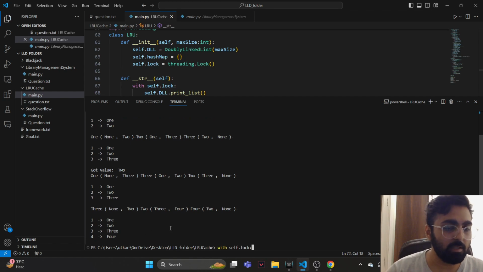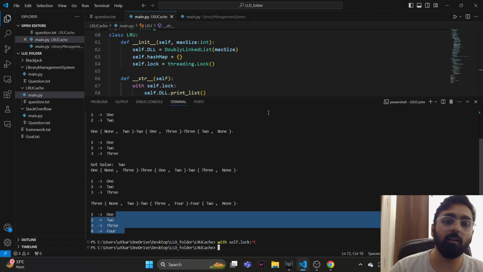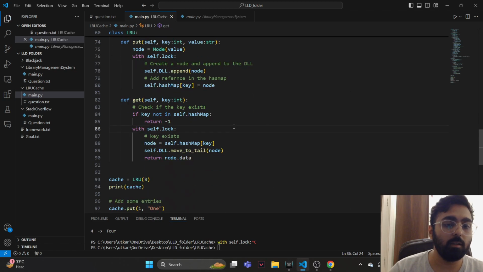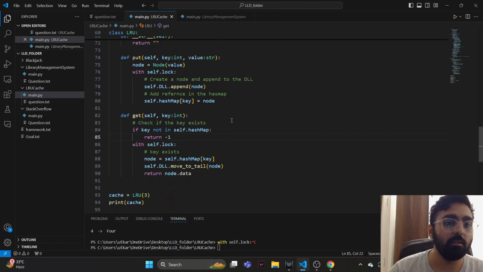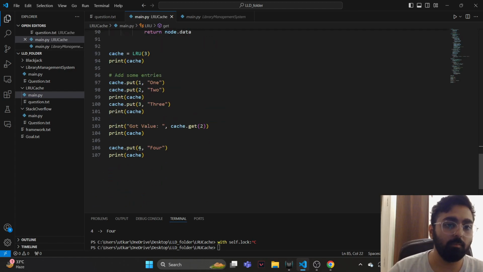Oh, one thing is interesting. I think one thing we missed out, and it's good that we printed it out in the end. Over here, when we add 4, it does add it to the end and it removes the 1, but it actually doesn't remove it from our hash map, right? So most of it is working, but since we check our hash map initially when we try to get an element, when we do this put 4,